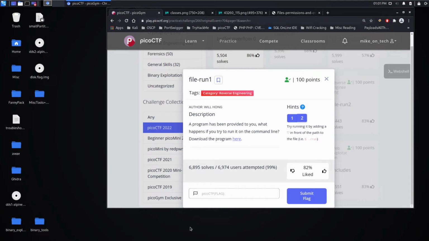And we're back with another PicoCTF challenge, this time file-run1. Category, reverse engineering. Questionable category, but anyway. Description: a program has been provided to you. What happens if you try to run it from the command line? Download the program here,